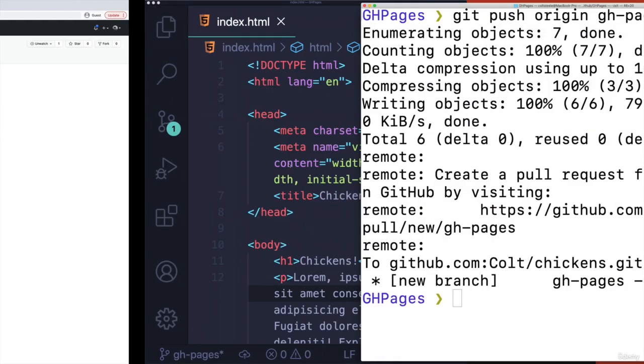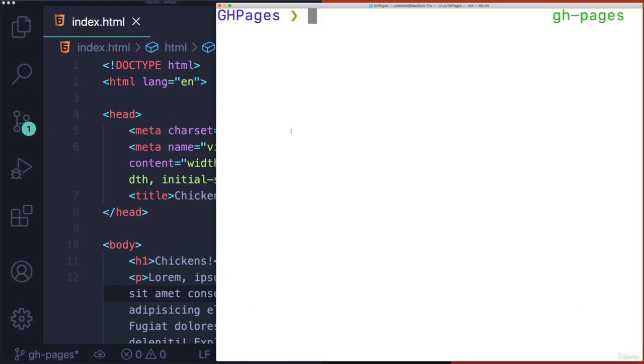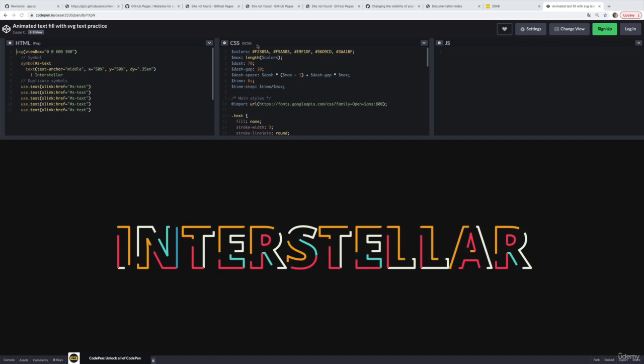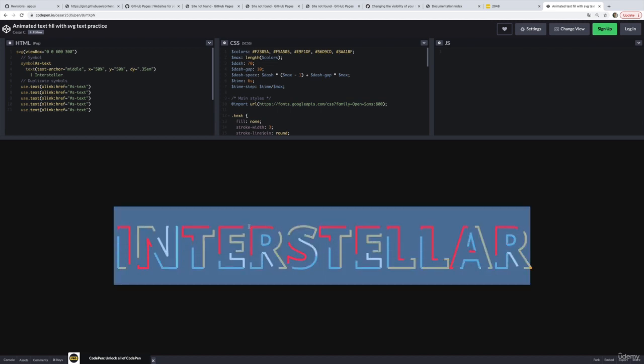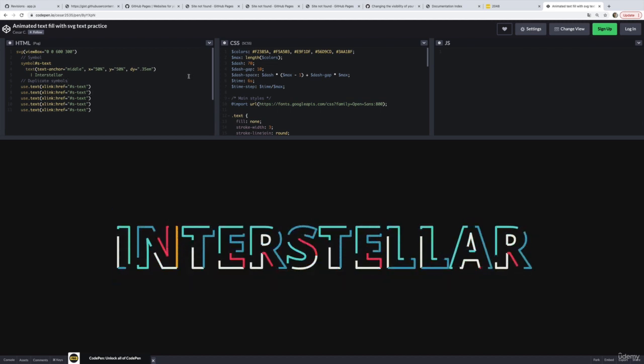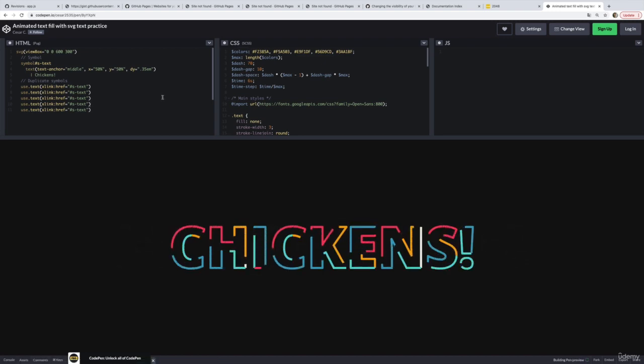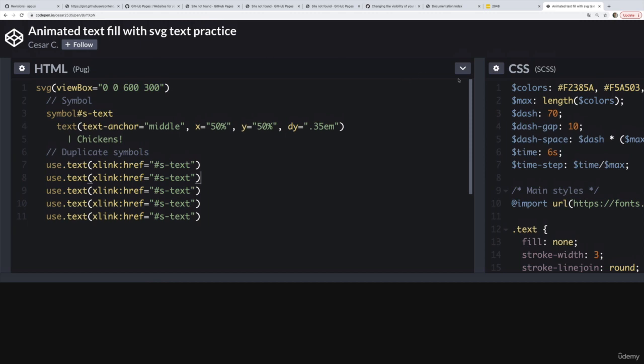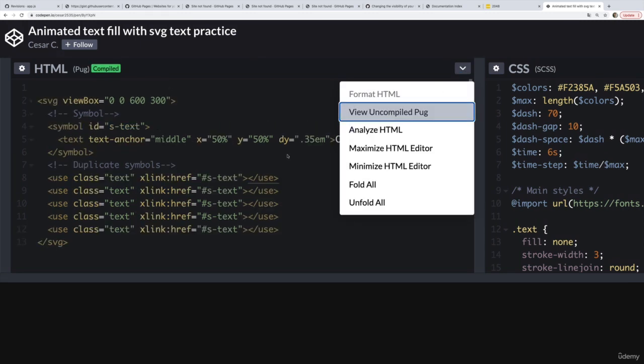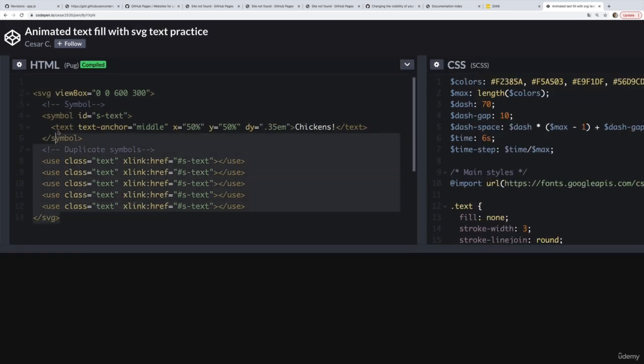I'm actually going to update this HTML file a little bit and make it somewhat nicer. Here's a CodePen that I found by this guy, Caesar C, and I want to use this animated SVG text. So I'm just going to basically adapt this. I'm going to say chickens instead. And then I'm going to copy the corresponding HTML and CSS. This is actually written with something called Pug. I want the compiled HTML. This really has nothing to do with GitHub Pages, but anyway, I'm going to copy this